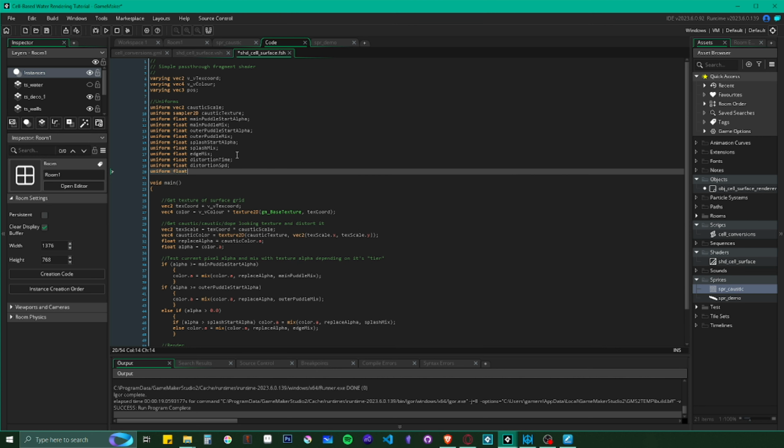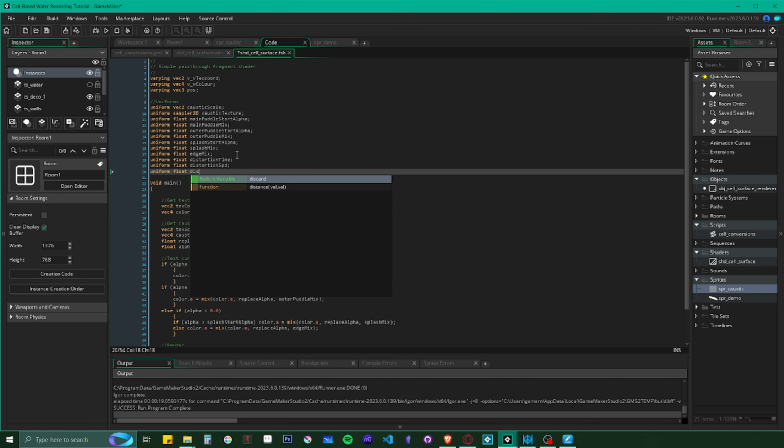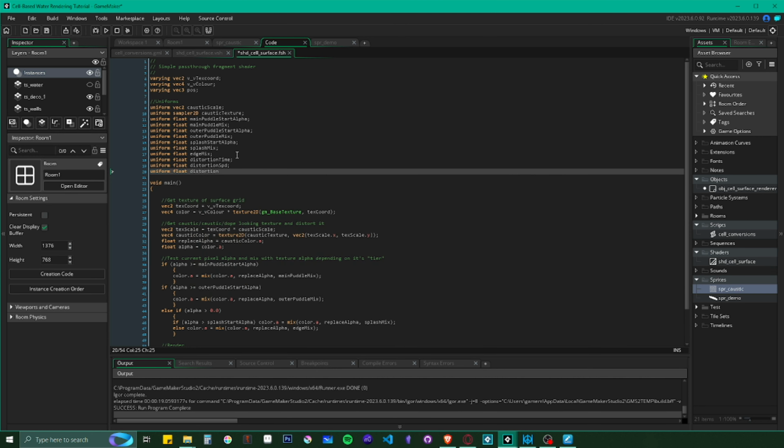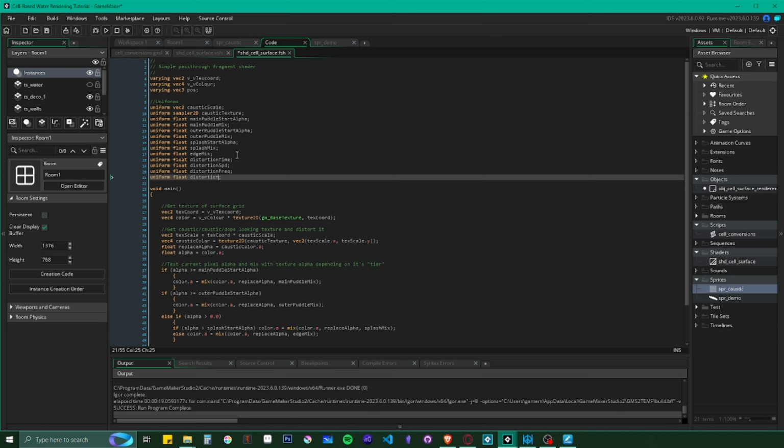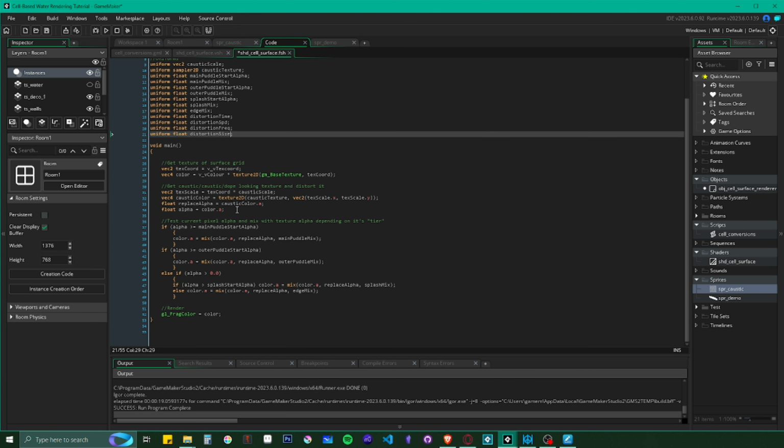Uniform float distortion frequency. And then finally, distortion size. All right. So with those 4 uniforms, what we're doing is essentially offsetting the X position of the UV